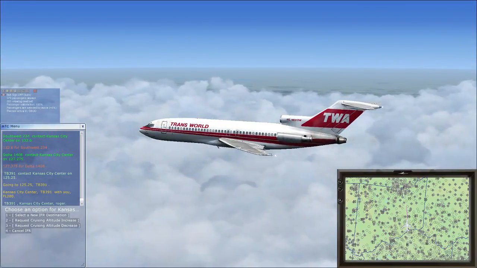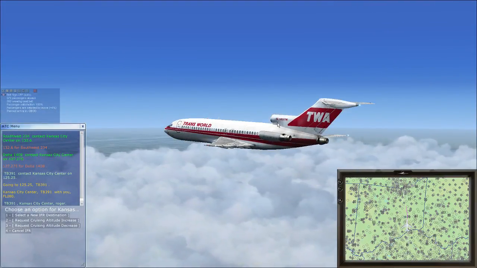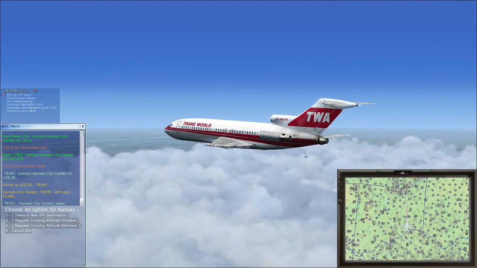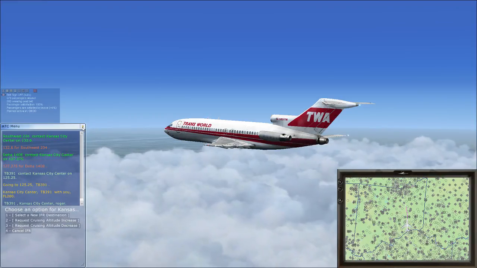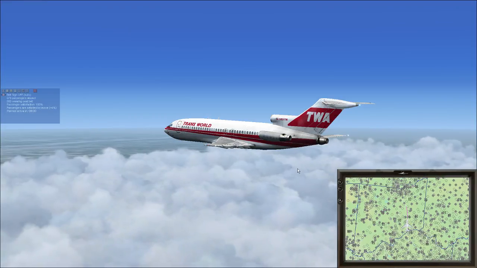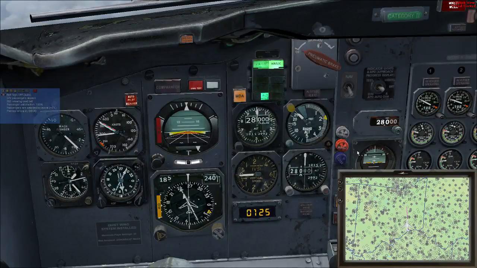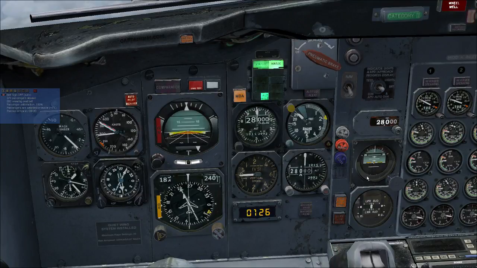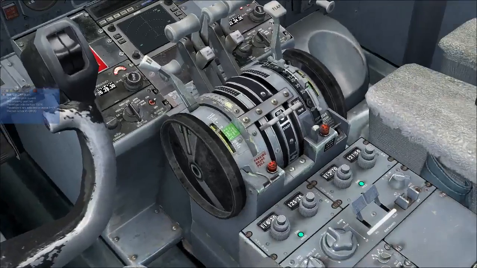Cloudy day today. So far, a rather uneventful flight. Starting to get things kind of sort of settled for